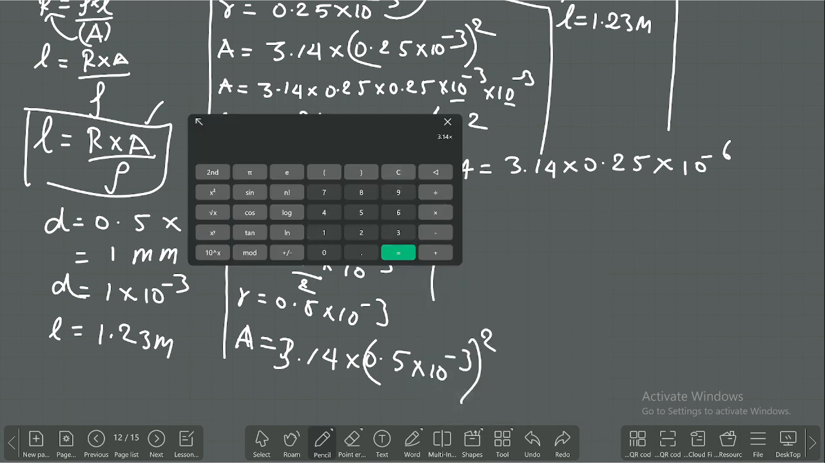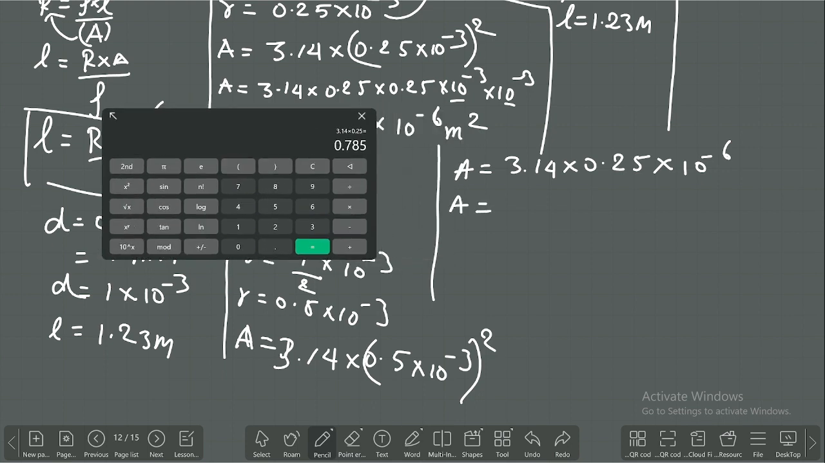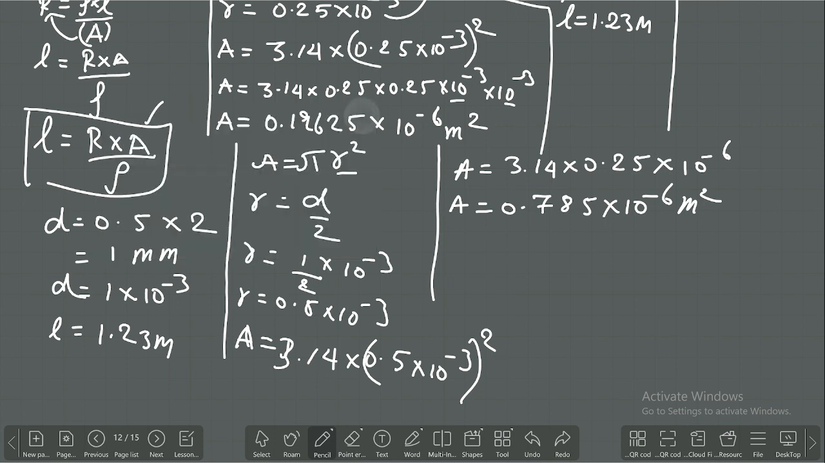3.14 into 0.25, that will be equal to, so A is equal to 0.785 into 10 to the power of minus 6 meter square. Now we calculated the area of cross section. So in the question what is said,